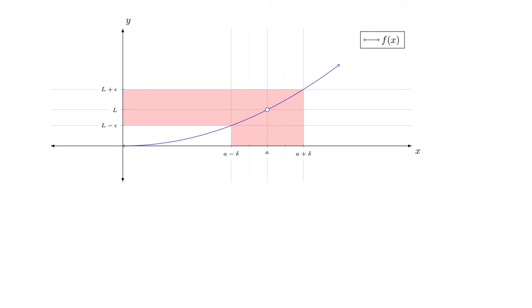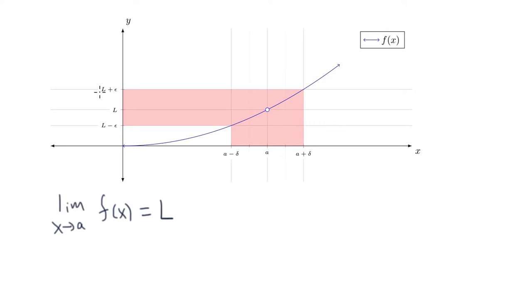Okay, so here's our picture of our function f of x in blue. And so recall that for the limit, let's write it down, the limit as x approaches a of f of x, I start with this number L, in the y value of L, and I pick some number epsilon.